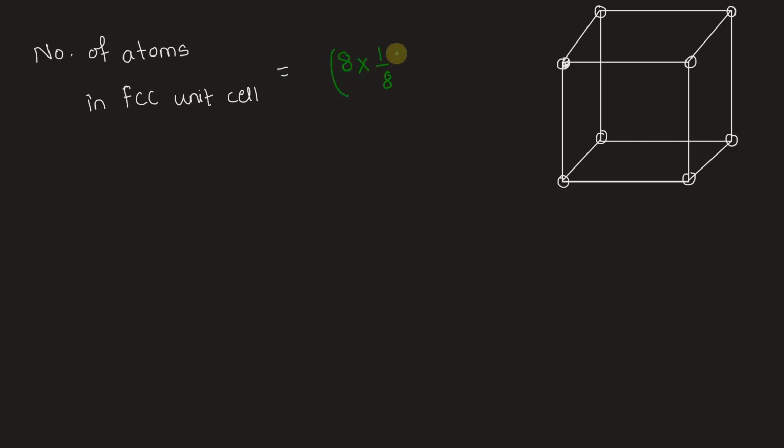So let's start by looking at the face-centered cubic crystal's structure. We know that there is an atom at every corner of the crystal. So there are 8 corners of the cube and therefore 8 atoms situated at every corner. But this single atom at the corner is shared by all the neighboring crystals as well. So for a particular unit, only 1/8 part of the atom will be present in that. And therefore, while calculating the number of atoms for a unit cell in FCC structure, we will consider 8 corners but 1/8 of each atom at every corner.